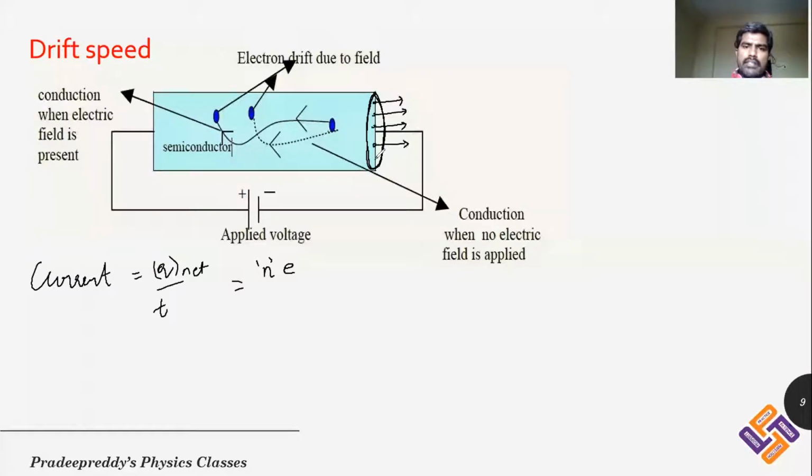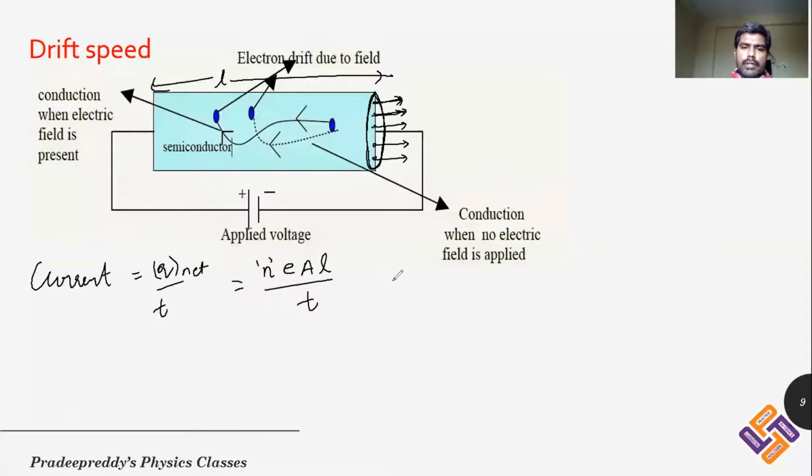Throughout its cross-sectional area, electron charge will be in motion. It is not just one single electron transferring in the conductor. Throughout the area of cross-section of the conductor, such electrons will be in motion, right? So therefore, I will multiply all these electrons with respect to the area of cross-section. I'll just multiply A, where A is the area of cross-section of the conductor. And L is length. The conductor length is L. Throughout its length, electric charge will be flowing. So it is L divided by t.